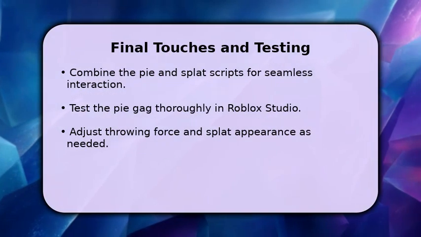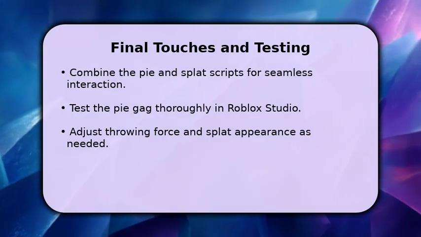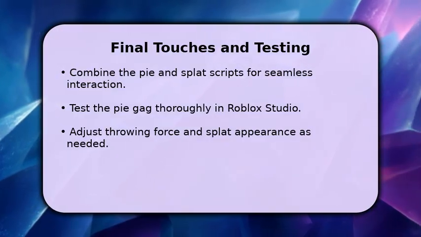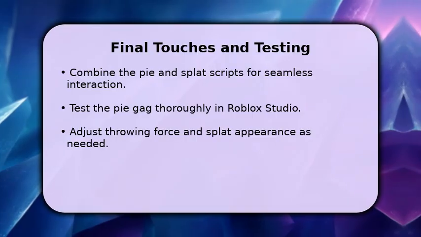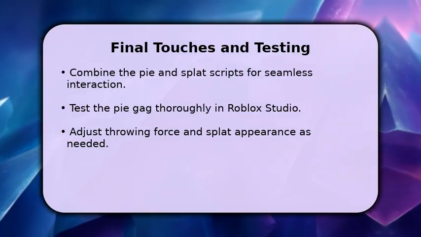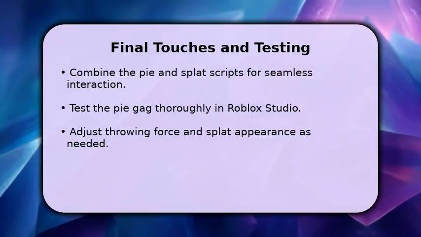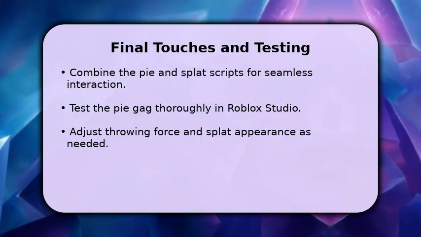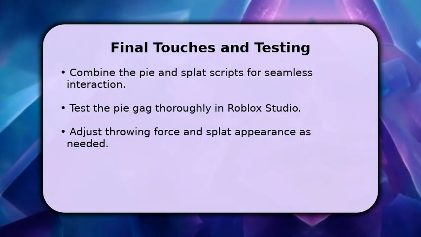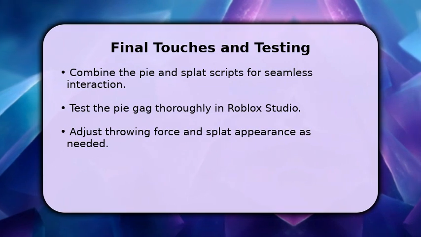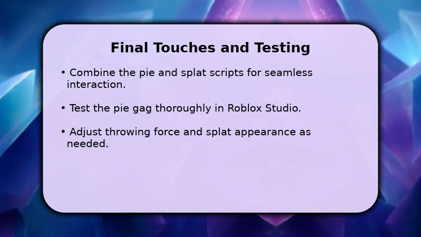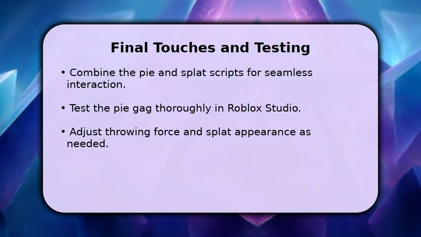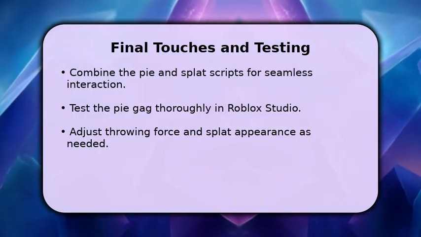Finally, let's bring everything together and test our creation. We'll integrate the throwing script with the splat script, ensuring a seamless transition from throw to impact. Spend some time testing your pie gag within Roblox Studio. Experiment with different throwing forces and splat sizes. You might find that a force of around 100 to 200 studs per second works best. Refine until your pie gag is